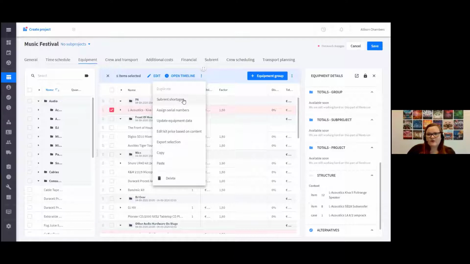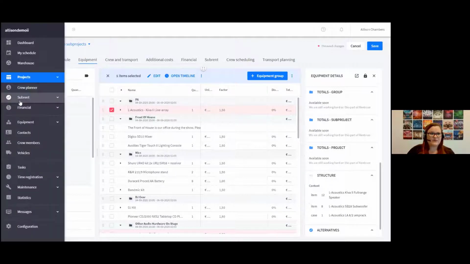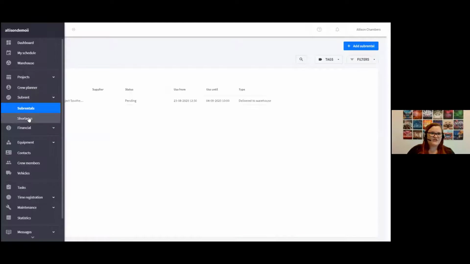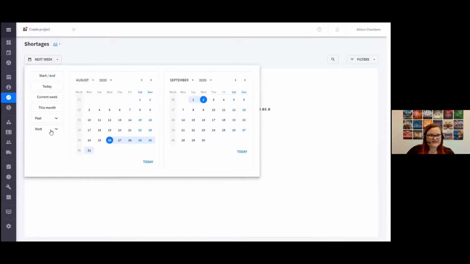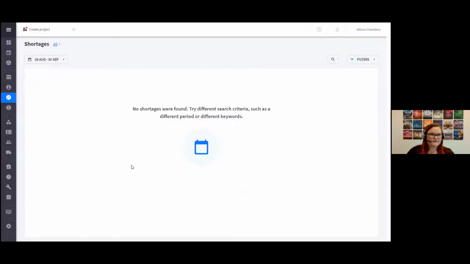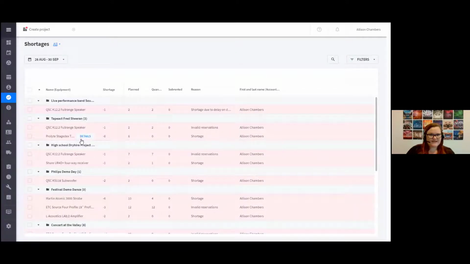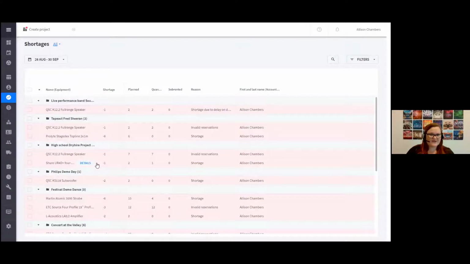However, I really would only recommend this if you subrent occasionally. If you do find that you are subrenting quite often, what I would recommend doing is going to our subrent module and directly to the shortages tab. So this is our shortages tab, and let's go ahead and see what's coming for the next month. So I can see everything that will be a shortage,